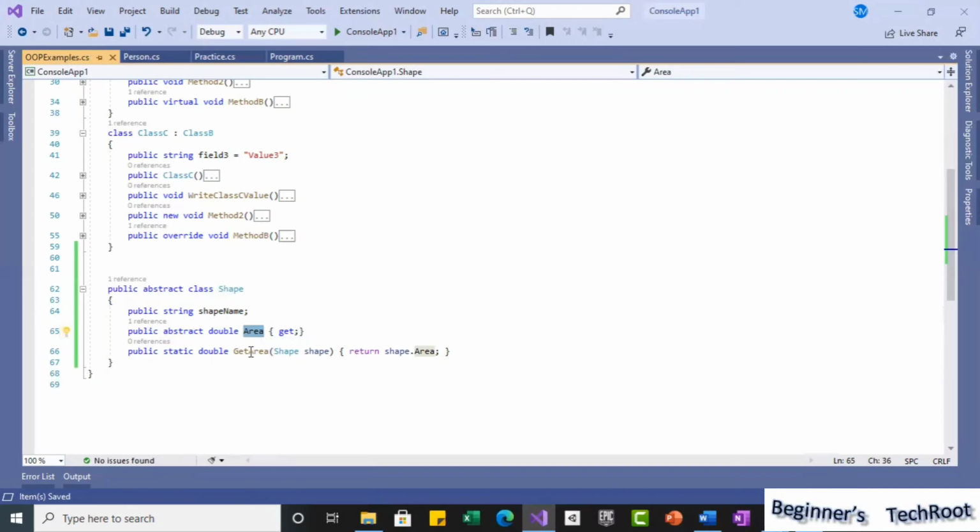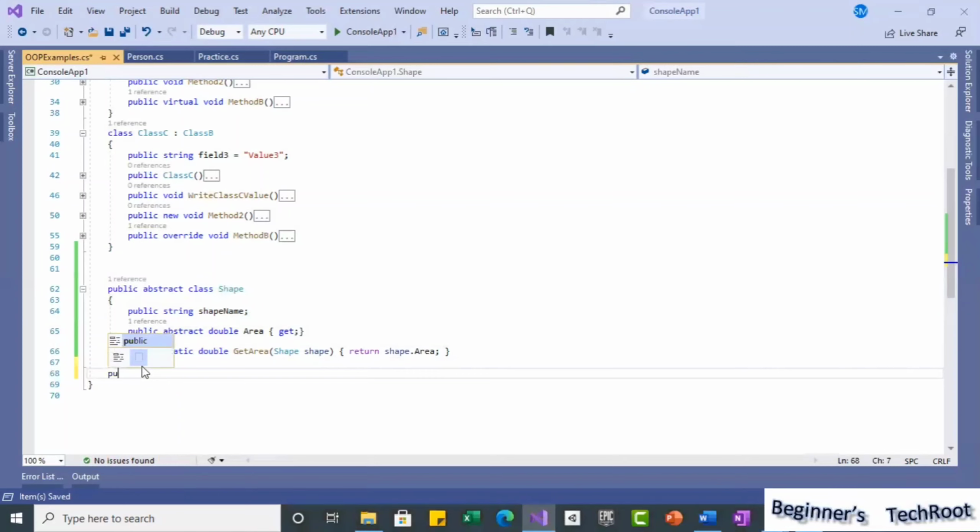In this method, I am getting this value and returning it. In this method I am taking one parameter of the same type, the shape type. So the whole shape I am taking, so that shape.Area gives whatever area we have. This is nothing but the skeleton. It's only to be used as a base class that I prepared, because I even made it abstract. So it allows use only as a base class. You cannot directly create an object for this.